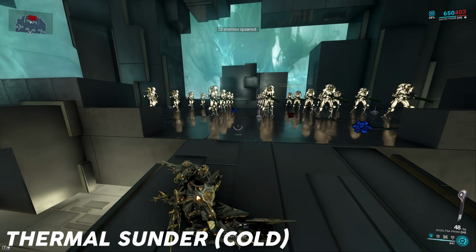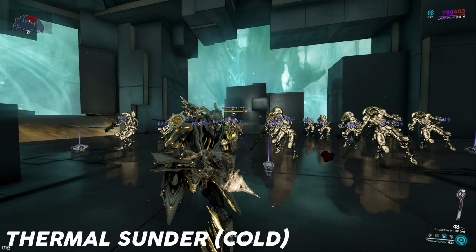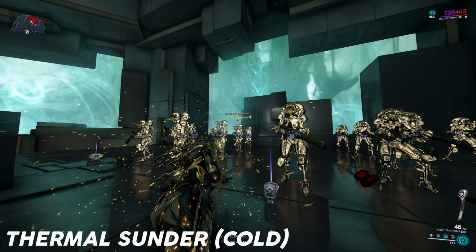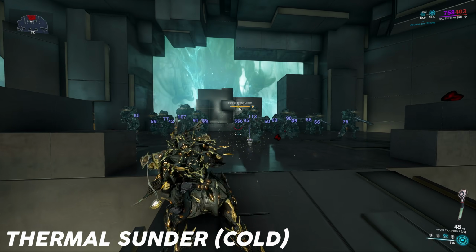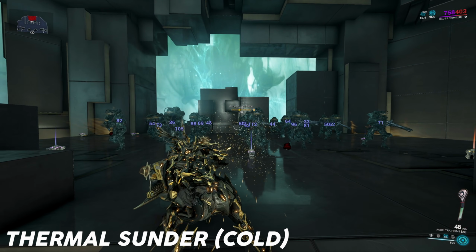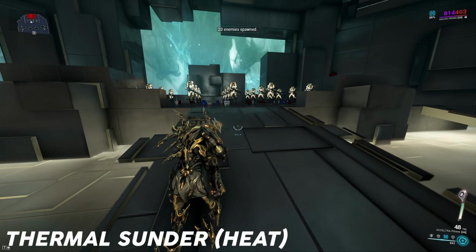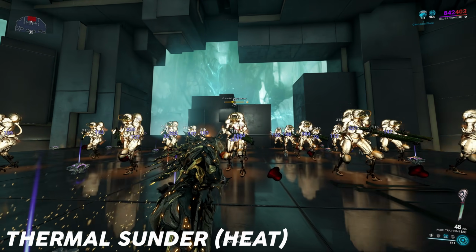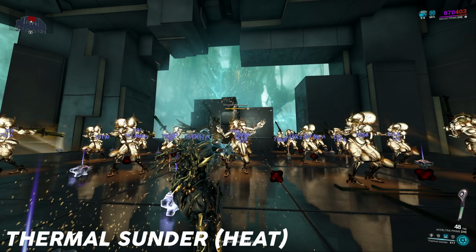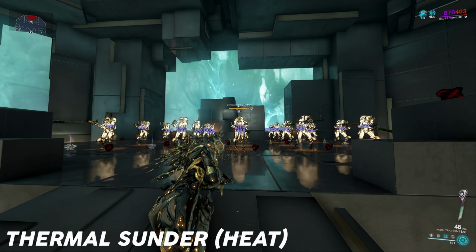Gauss's third ability is Thermal Sunder and has two versions, Cold and Heat. Tapping the ability key releases a cold proc to all enemies in range and charges the battery by 10%. Enemies that are already affected by a cold proc will be frozen solid on subsequent casts. Holding the ability key releases a heat proc to all enemies in range and depletes the battery by 10%. When cast on enemies with an existing heat proc, this ability deals its normal damage plus the damage of the